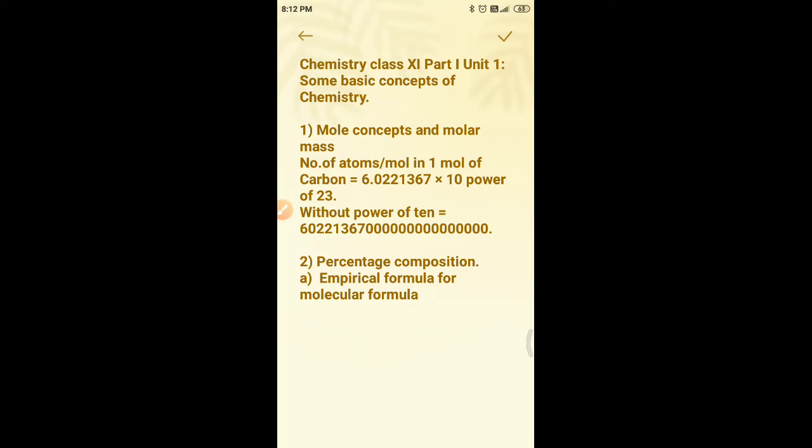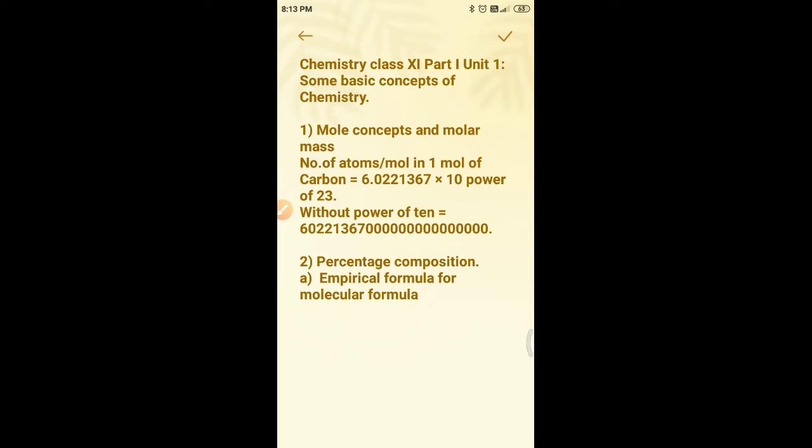Now what is the question? Using all these parameters, we should calculate the empirical formula and molecular formula. To calculate them, we have to go step by step. We will go with 4 different steps. In the first step, you have to convert the mass percentage to grams. Here they have given 4.07% hydrogen, 24.27% carbon and 71.65% chlorine in the compound.